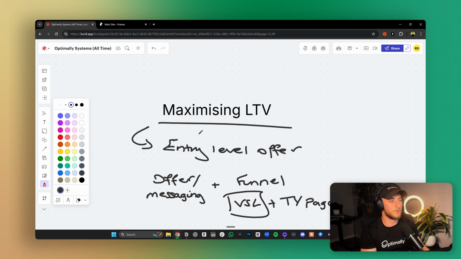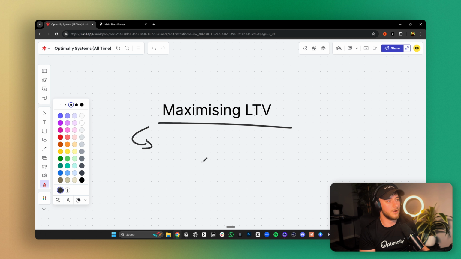So that entry level offer, people are absolutely eating up right now. They're going for it all the time. It's why my close rate has been 60%, because I thoroughly believe that I am over delivering for the price that we are charging. And that's the key thing, because in order for someone to upsell, which is one of the things I want to do to increase LTV, onto a much higher ticket offer, like at least 5 figures, they need 2 things. They need money and they need to be able to trust you.